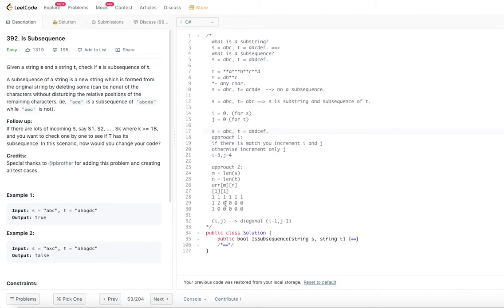Now we will be going on and looking for this one. What is this? 1, 2. So that means we are trying to match S's first character with T's second position, that means the third character. 1 with 2, right? So is there a match? No, right? So if there is no match, what we are going to do is we will simply take the maximum of 3 elements. What 3 elements? Maximum of this one, and this one.